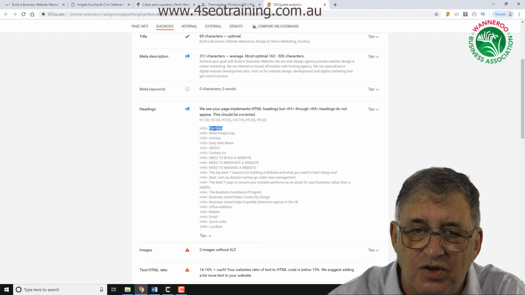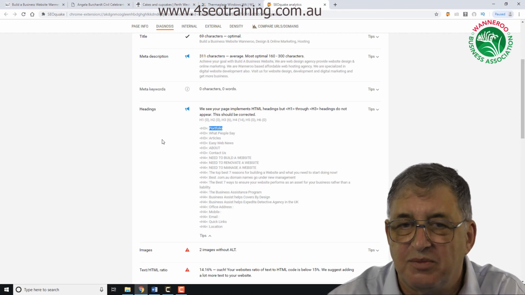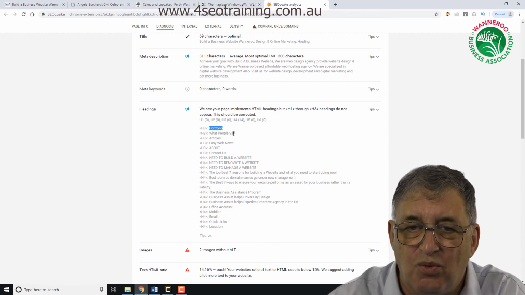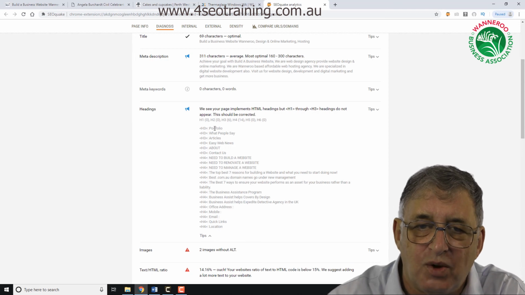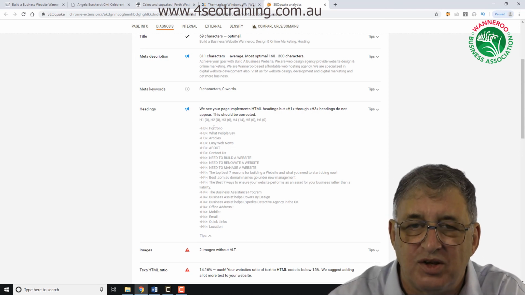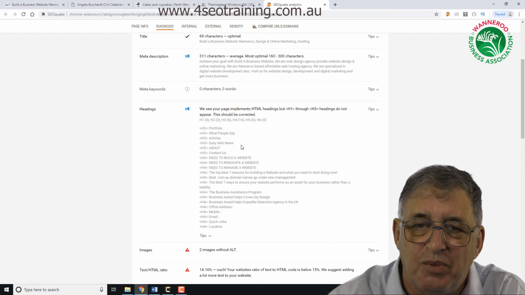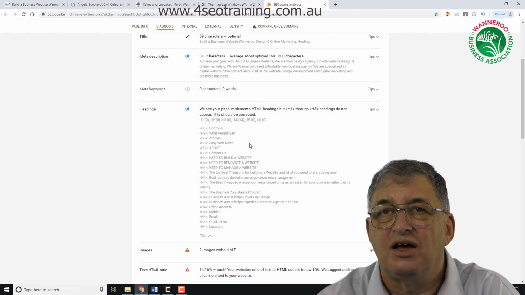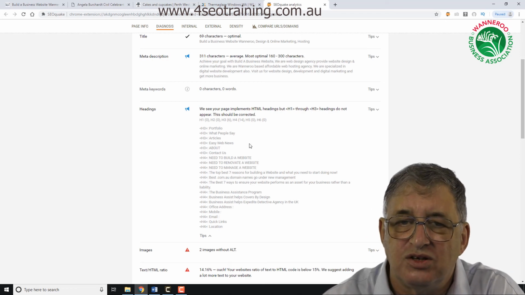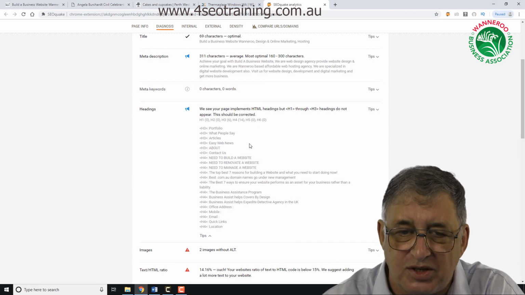If we look at the actual first H3, it says portfolio. So that's saying to Google, to some extent, the word portfolio is important, or what people say. So this is an example where headers have been applied for formatting reasons. The word portfolio and what people say in articles and about and so on, basically, they've been formatted with the H3s to make them stand out on the page. As I say, what you should do is use H1s and H2s particularly for SEO purposes, not for formatting.